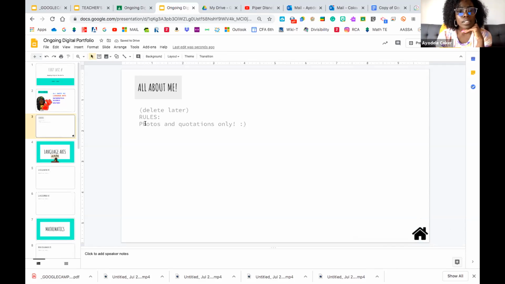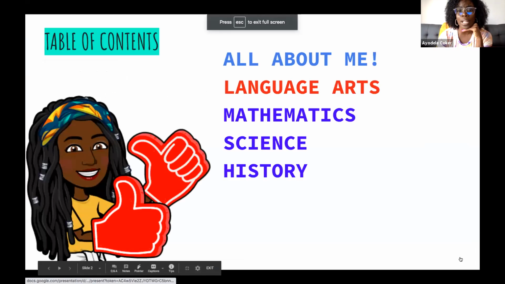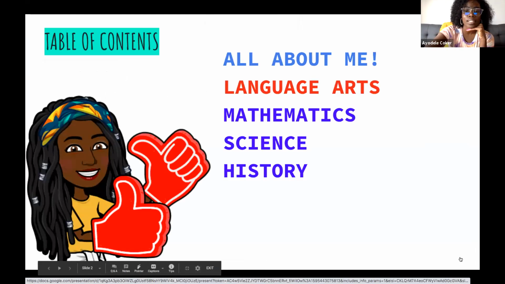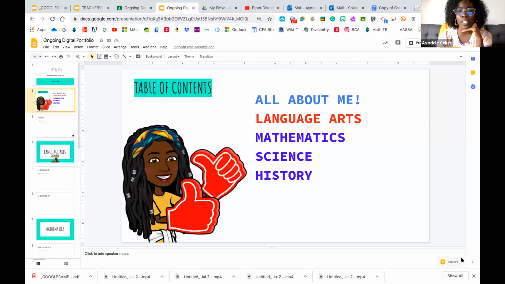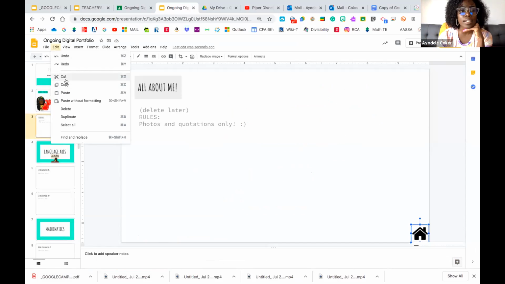Now, test it, okay? Click on it. Oh, we can't see it there, it's under there. So let's go ahead and present it and click on that home button and it should take me right back to the table of contents. There it is. Here's where the magic comes in. I have this on the All About Me page. I just need to select it one time, go up here, edit, copy, okay?